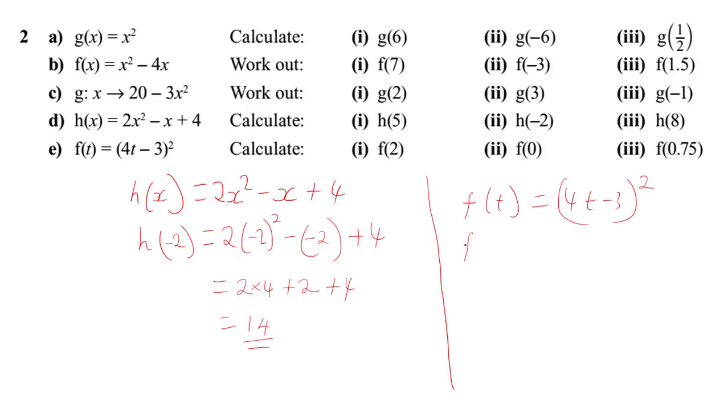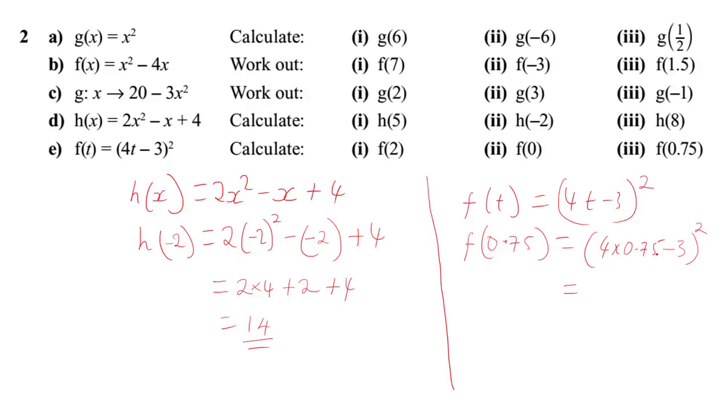And all I now need to do is to sub in what t is. t is 0.75, not negative. And then I'm going to have 4 times 0.75. Yeah, so 4 times 0.75. And then I take away 3, and then I'm going to square my answer after. Okay, so moving on from that. Now, if you use your calculator and you're doing 4 times 0.75, you're going to end up with 3,